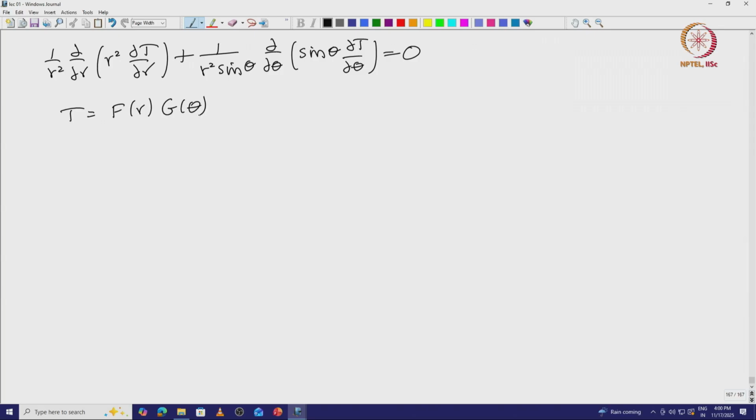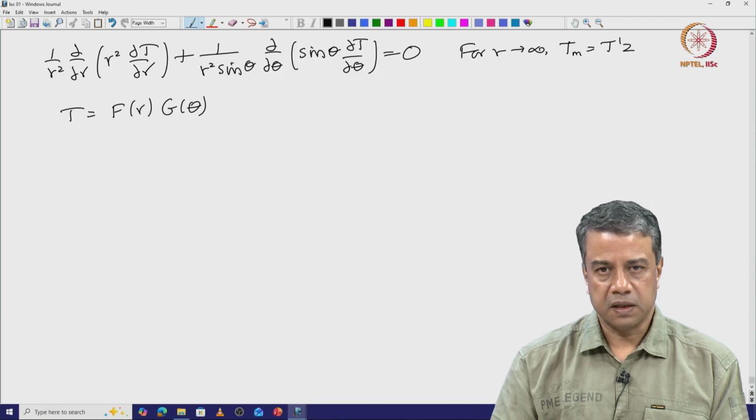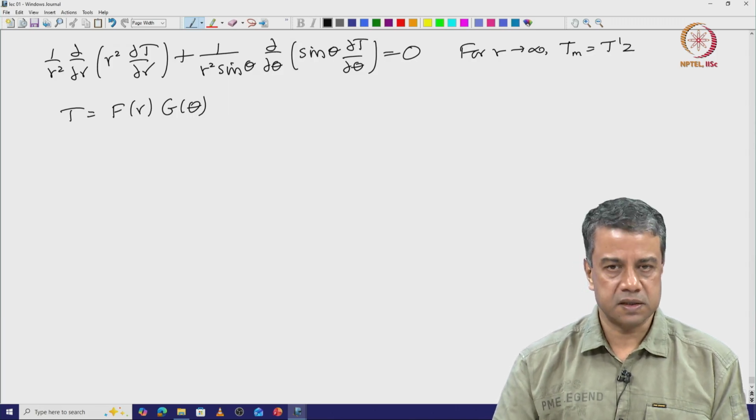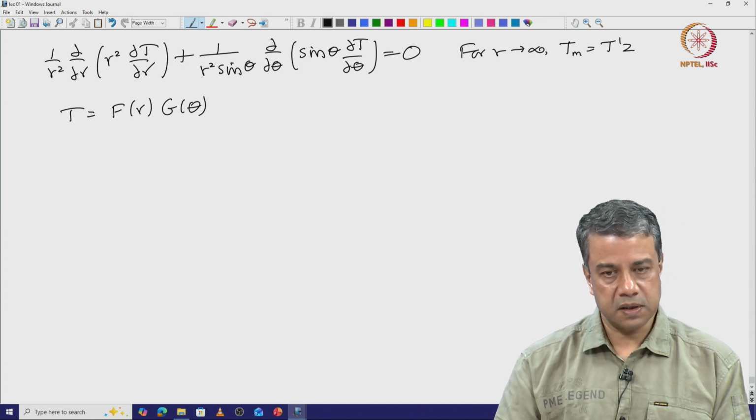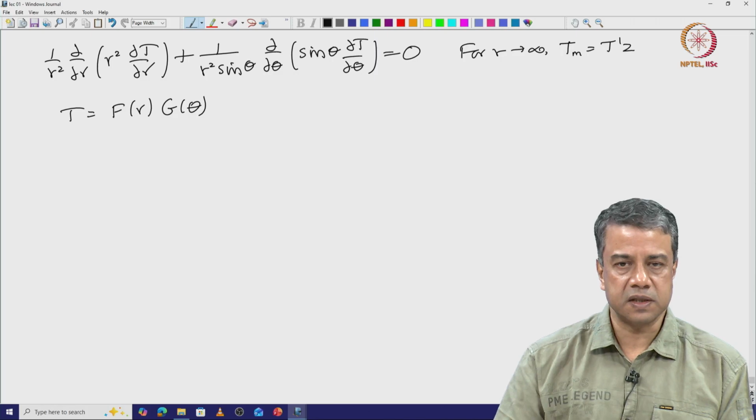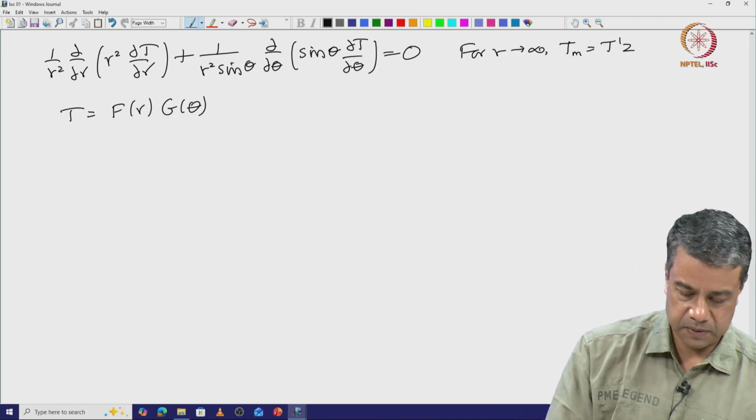And we had identified that for our problem, in the limit as r goes to infinity, T in the matrix is equal to T prime times z. So, that was an inhomogeneous condition as r goes to infinity. Therefore, the inhomogeneous direction is r and the homogeneous direction is theta. So, we substituted this into the equation, divided throughout by f times g, multiplied throughout by r square, in order